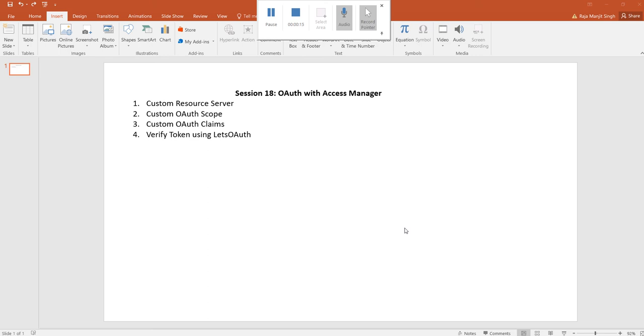As you have noticed, in all the previous sessions we were using everything which was installed by default with the OAuth Access Manager. We have used the default identity, the default resource server, default scopes, default claims. So in this session we will see how we can create a custom resource server, a custom scope and custom claims, and then we will get a token with that information and verify it using the